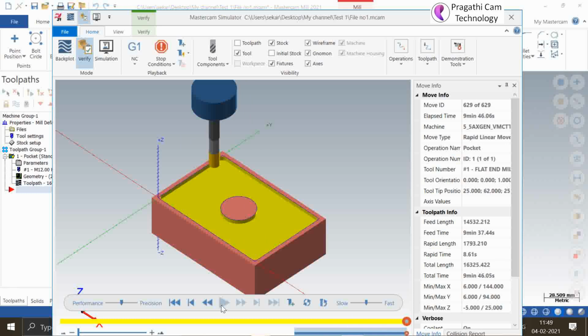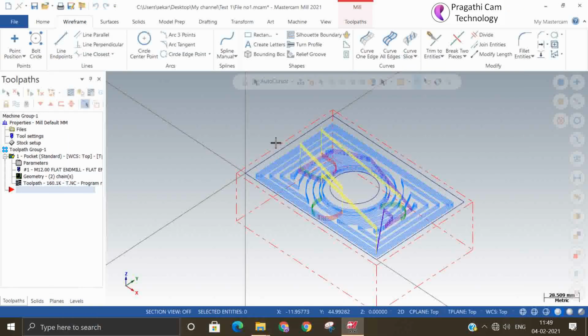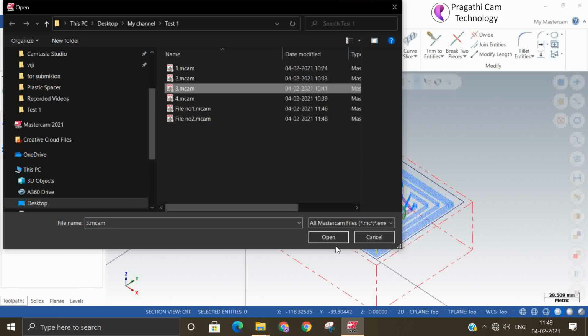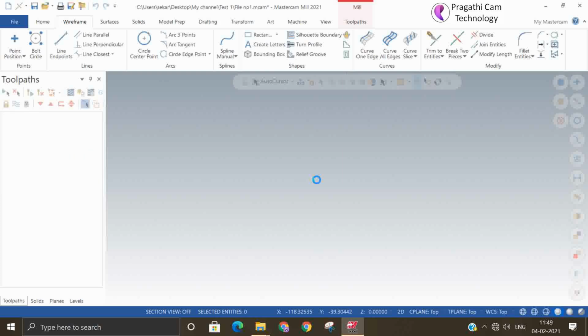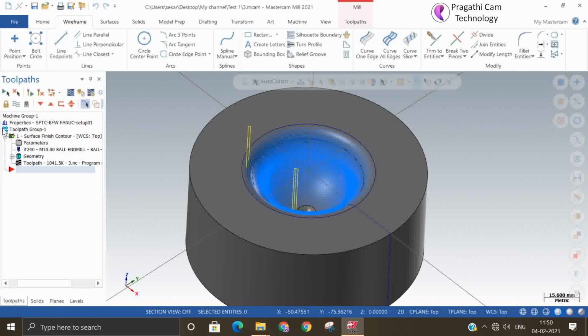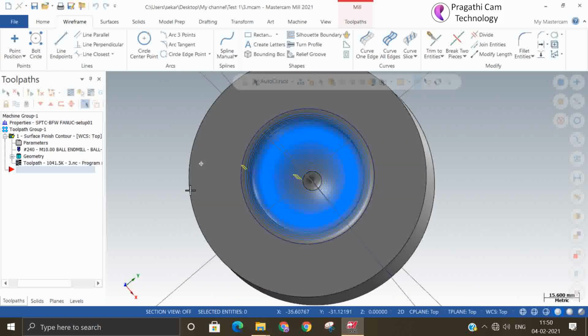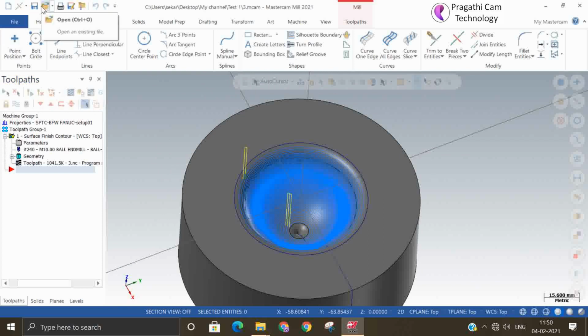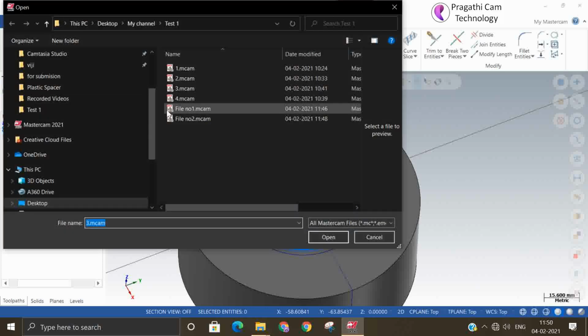This change recognition is common for 2D and 3D. There is no difference whether you use it for 2D or 3D. I'll make one more example for a 3D application, to show how change recognition is useful. This is one small example profile. This is the original file released from the design department, the first released file, and I have made a toolpath and kept it ready.